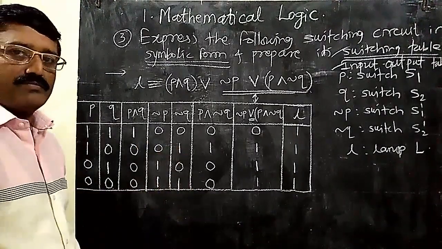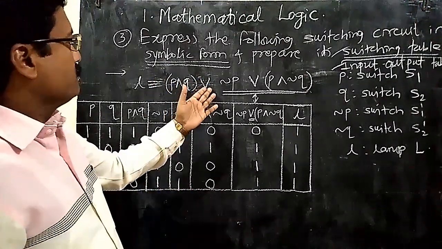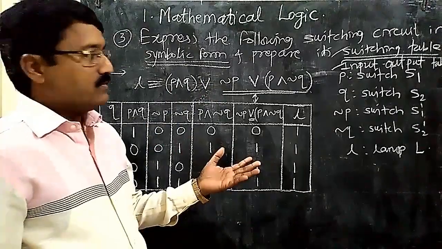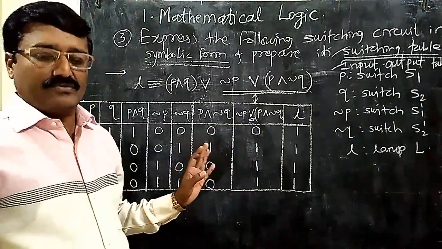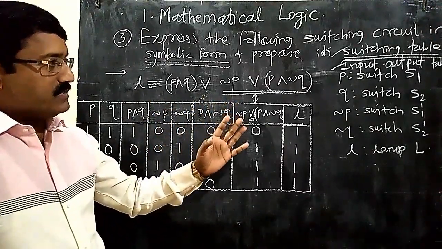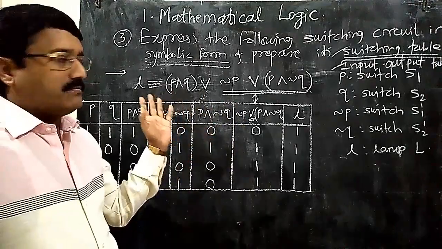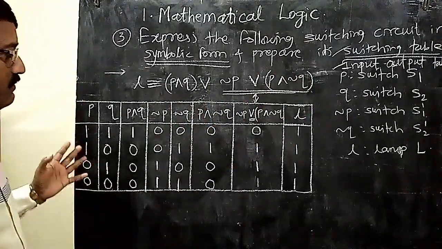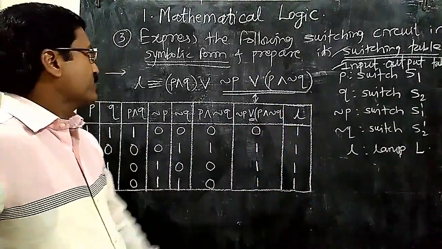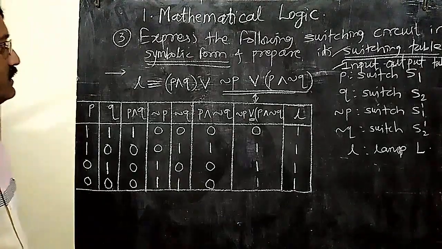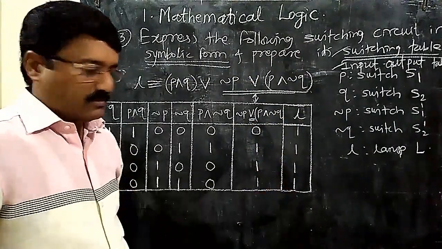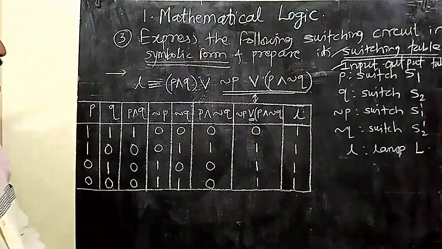So from this switching table we can conclude that in that switching circuit the bulb will always glow with any state of switches. Means switch S1 may be on or off, switch S2 may be on or off, still the bulb will glow because current will always pass through that circuit, because in the last column we get entries as 1, 1, 1, 1. So that will be the conclusion. In this question the conclusion is not asked, but if it is asked sometime, then we have to write it by observing this last column. Is it okay?